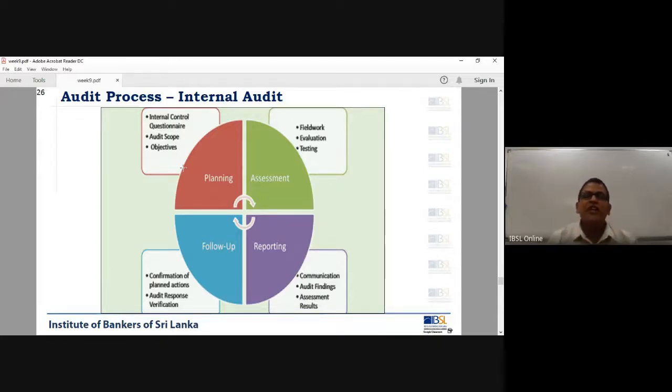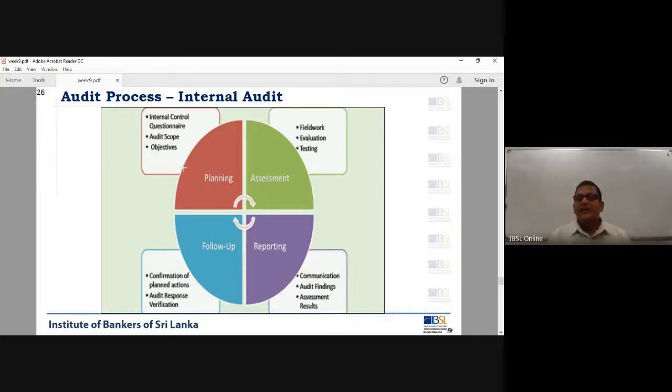First, every year they plan what they will cover this year, because they won't check the entire institution. They may check 1 or 2 areas in the institution. So they plan, and say, okay, this year these are the areas we are going to cover. Then they do the assessment, the internal audit assessment checking. And then they report to the top management and follow up whether their